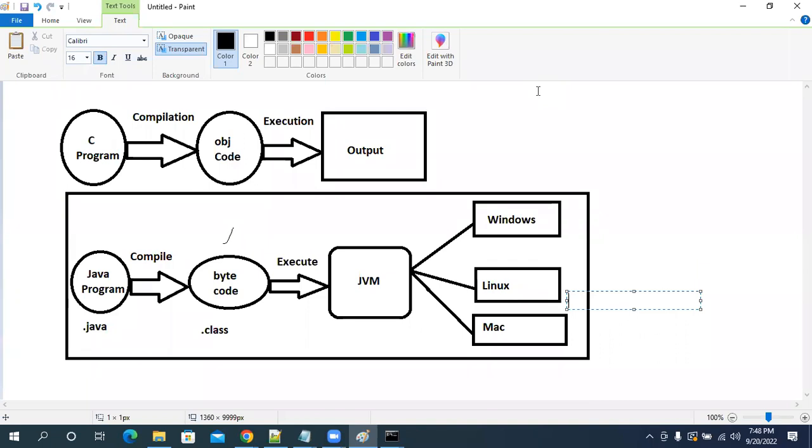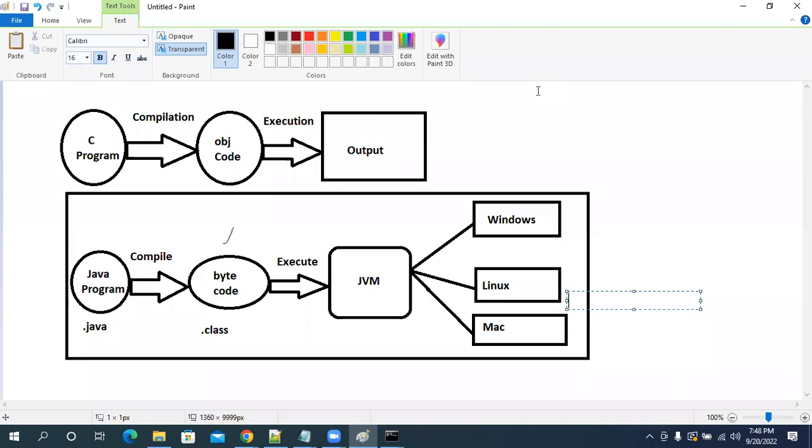Execution time? Yes, that's a good question. He is asking that when compared with C and Java, C programs are directly executed on the machine. For Java, conversion is required. Who is doing that conversion? JVM. So when we compare Java and C, which one will take more time? Java, definitely.